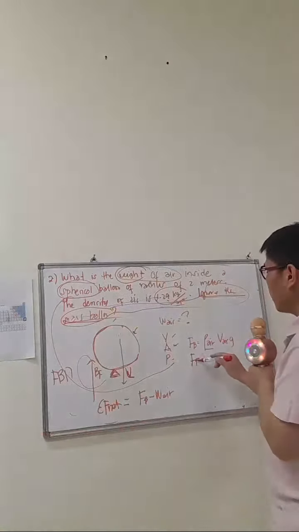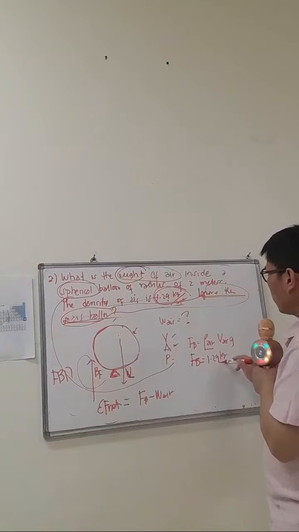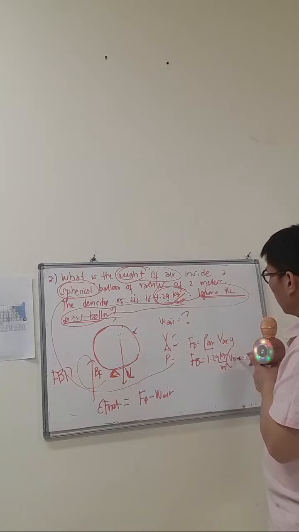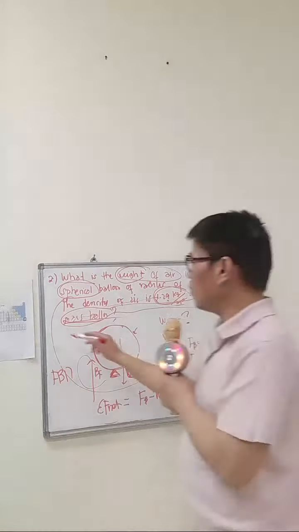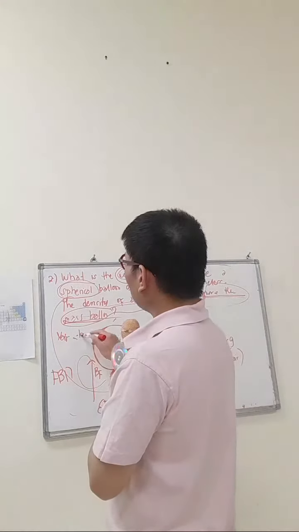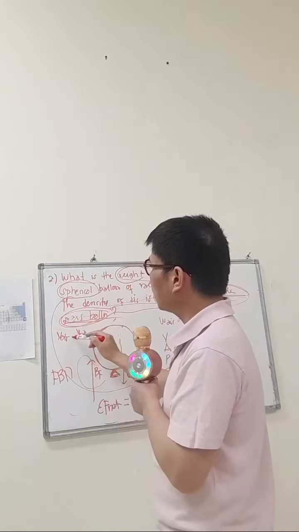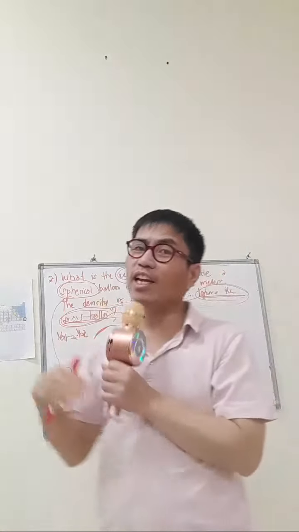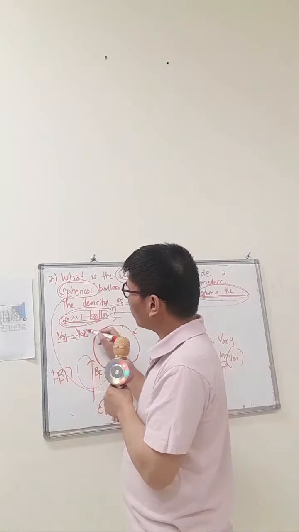FB is equal to the density of air in the dimensions of the problem, which is 1.29 kilogram per cubic meter. And then the volume of air. Where can we find the volume of the air? The volume of the air will just be equal directly to the volume of the balloon, because you said ignore the mass of the balloon. You get the point? Because there's an assumption. So it will now be in equilibrium. The volume of the balloon will now be equal to the volume of your air.